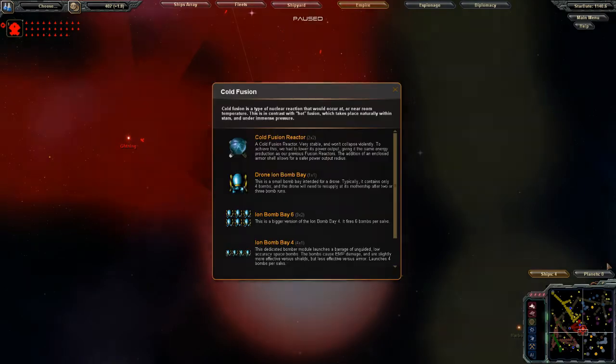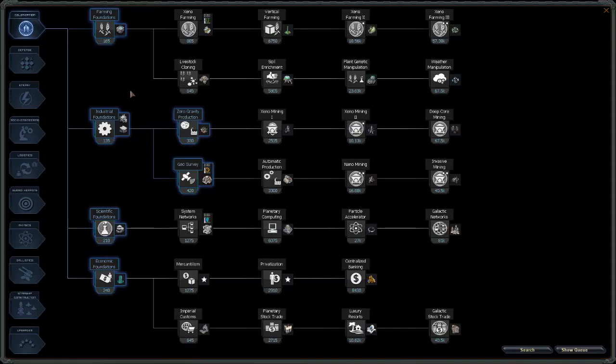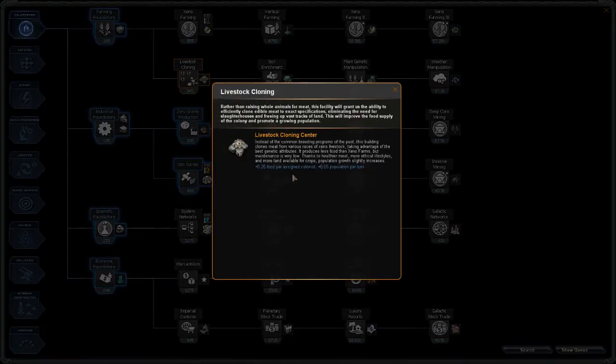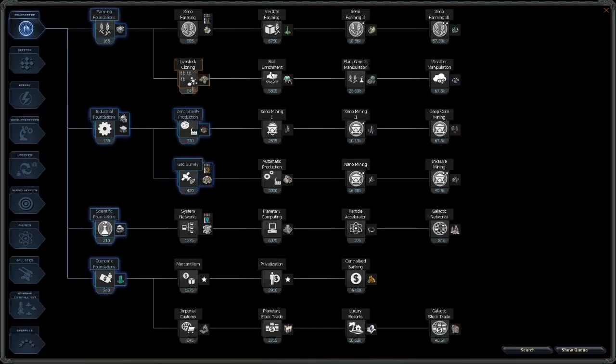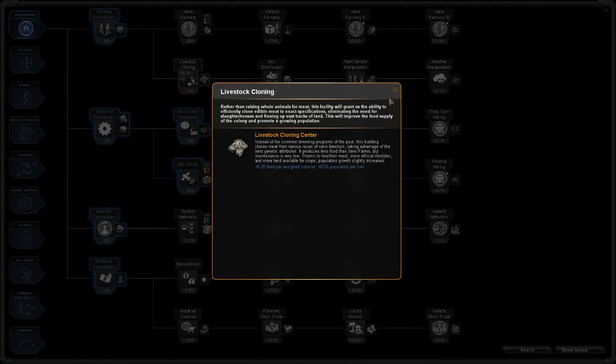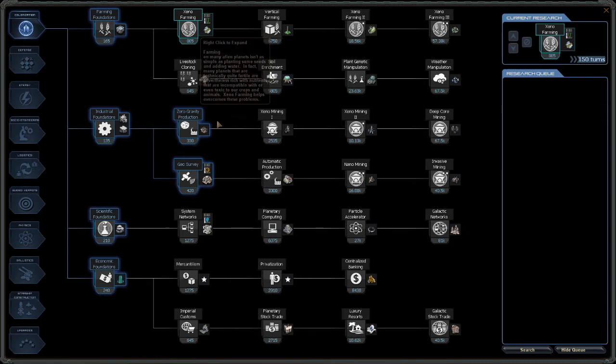Cold fusion. Okay, so we've got cold fusion, better reactors. We'll be able to design maybe a bomber as well. I think so we need to have a look at food. So more food production per colonist, more population, or we go xeno farming, more food per colonist. So 0.5 food or 0.25 food, but with population growth. Well, I think we go farming then. So we go farming, and